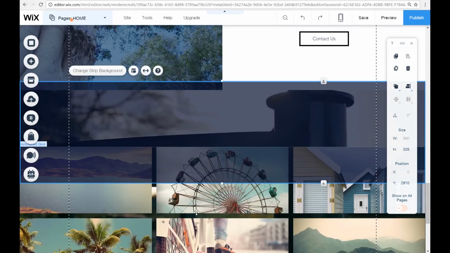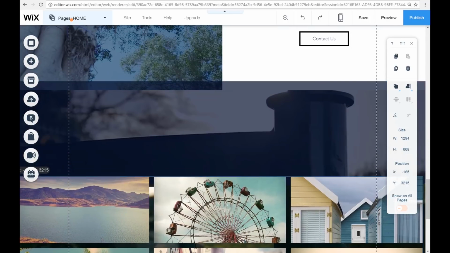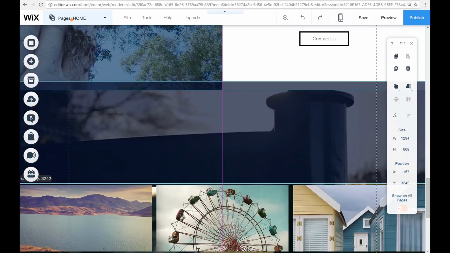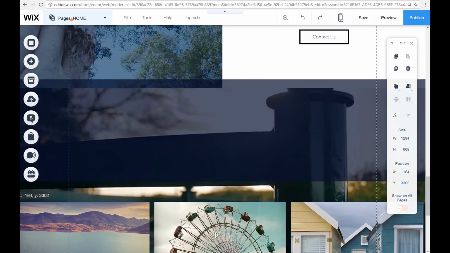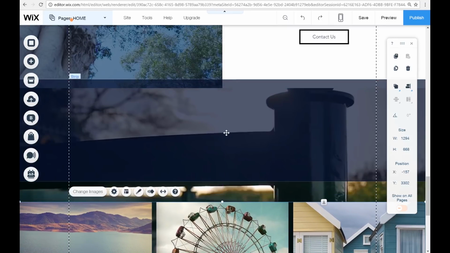I'm going to add this here, but I'm going to have to bring the gallery down a little more to get it to fit in. And we are going to keep it the same size as the first strip.